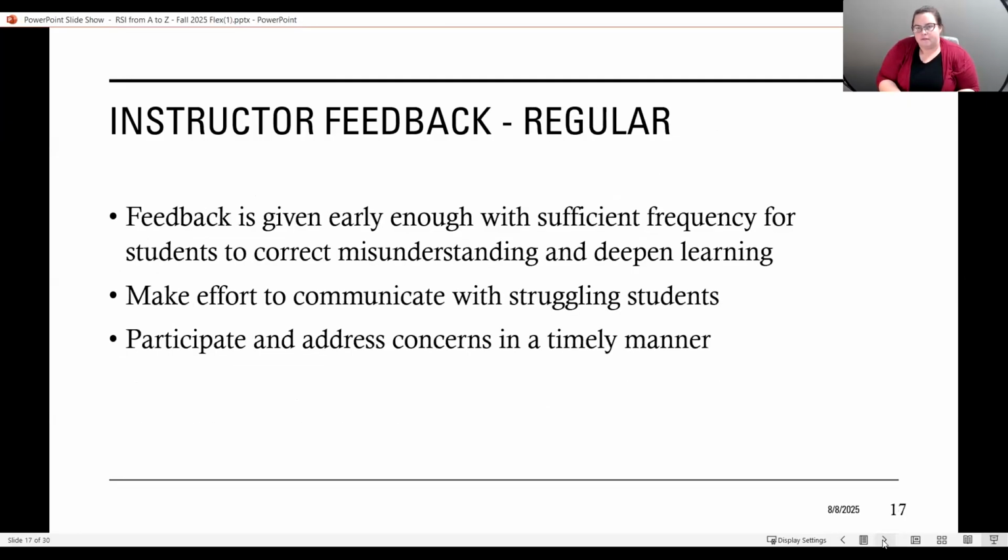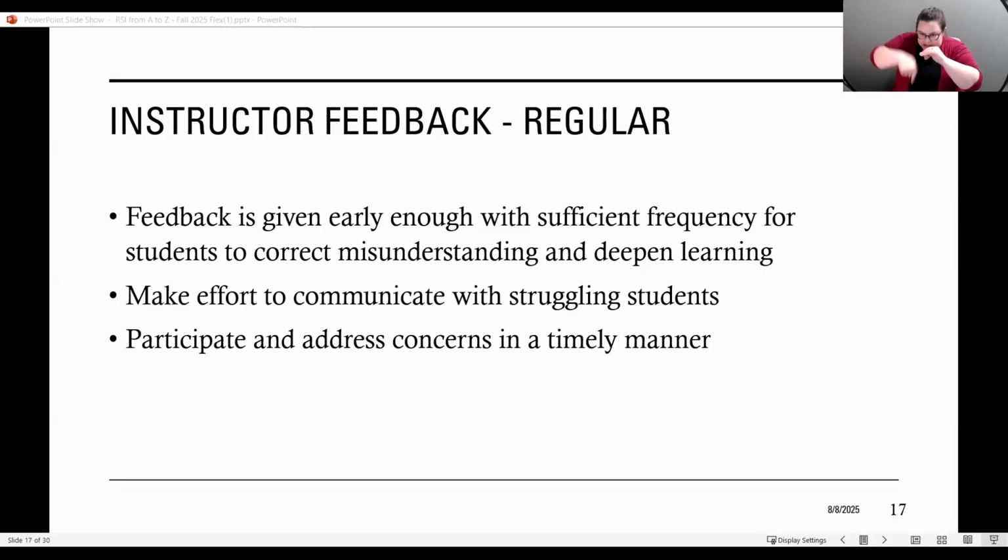Okay. Next. And again, the default is weekly. You don't have to respond to every single assignment that you give, week in and week out, with extensive feedback.